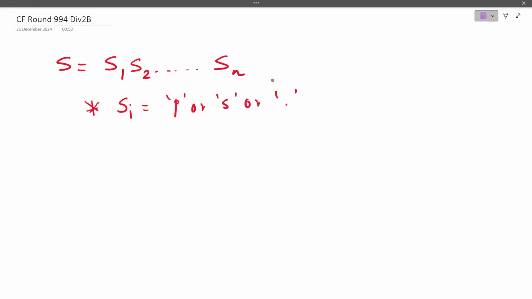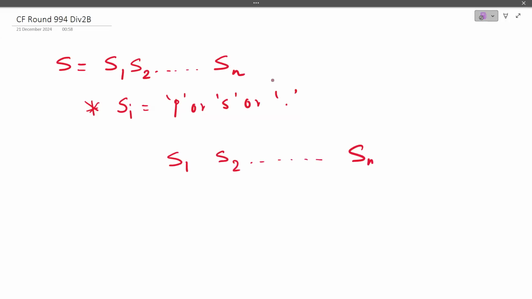So let me explain what the problem statement asks for. We will be given a string s as input. That is basically n characters, and this is given in the input. And it is also said that an Si can be either a P or an S or a dot, right? These are the three characters which Si can be. And the question says that given this string S1 to Sn,